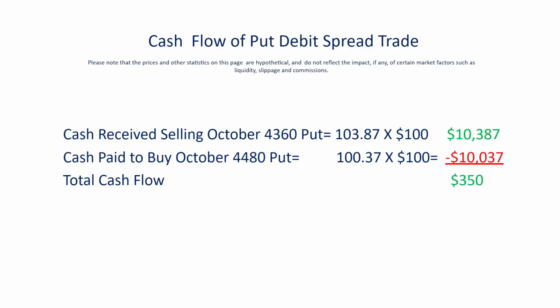sold off. But remember, that pays off $100 per point below that 4360 strike price. So you multiply that by $100 for a total cash inflow of $10,387. But remember, it cost us $100.37 to buy the 4480 put a few days earlier, which comes out to a payment of $10,037. So when you net the two down, you actually end up with positive net cash flow of